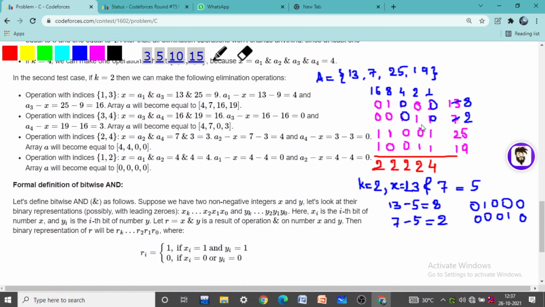And again, now we can choose two other indices. Suppose we choose this and this, 8 and 25. So again, 1 is here in both the cases, so it will again become 0, right? And all of the others will remain the same, because here not both of them have set bits. Now suppose we choose 25 and 19, so this will become 0 again, because both of them have set bits. This will also become 0, and finally we choose these two, so this will become 0 again, and this will be 0.